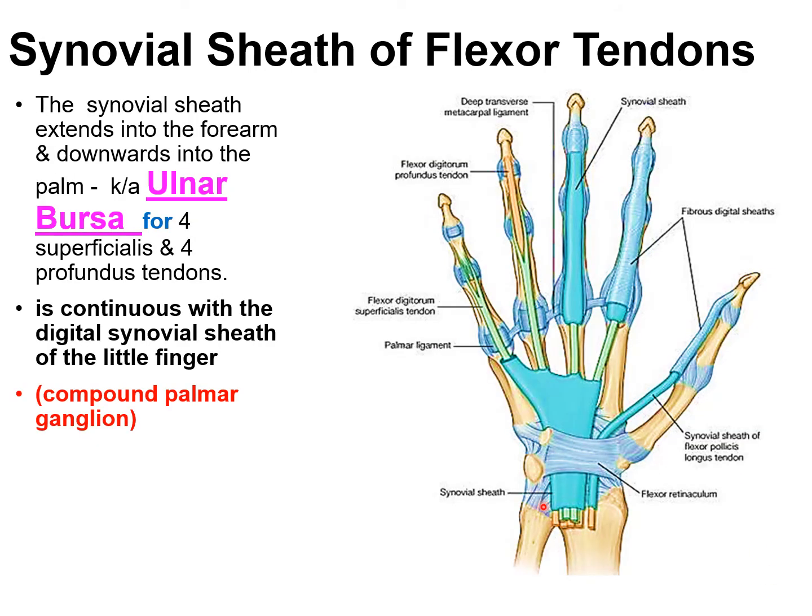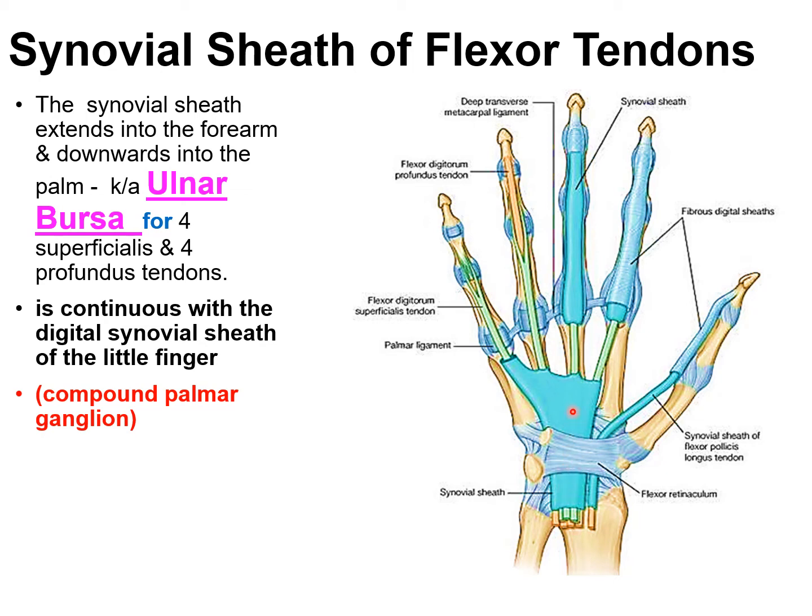So the common flexor synovial sheath or the ulnar bursa, if we talk about it, the long flexor tendons of the fingers, that is the flexor digitorum superficialis and the flexor digitorum profundus, are enclosed in a common synovial sheath while passing deep to the flexor retinaculum. We have already discussed that the sheath has a parietal layer which is lining the wall of carpal tunnel and the visceral layer which is closely applied to the tendon. From the arrangement, it appears that the synovial sac has been invaginated from its lateral side.